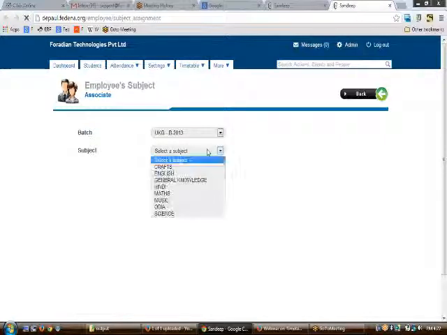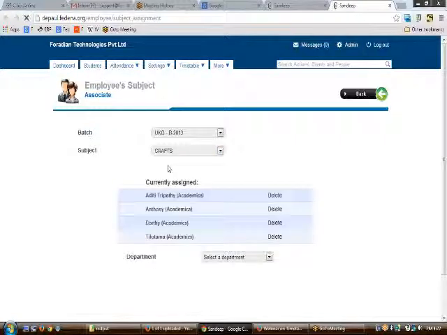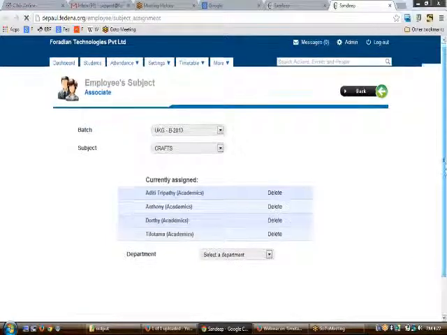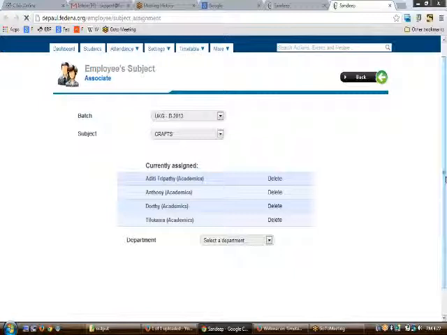And so to deal with the subject part, you need to go upon to the subject. First of all, you need to select the batch and then the subject, and then assign the teachers to the particular batch. So this would mean that we map the batches to that of the teachers to which they are supposed to teach. So in this particular example, we have chosen the batch UKGB 2013 for the subject crafts, and